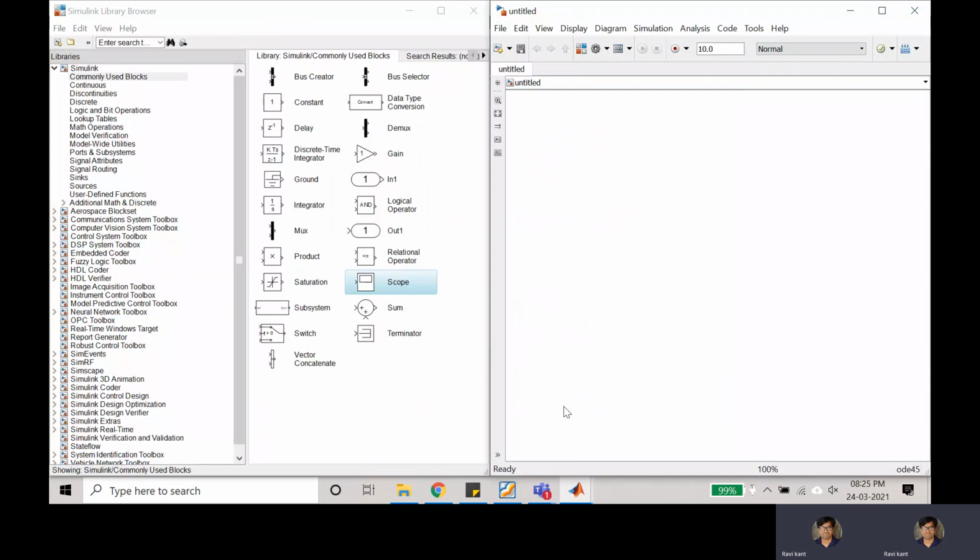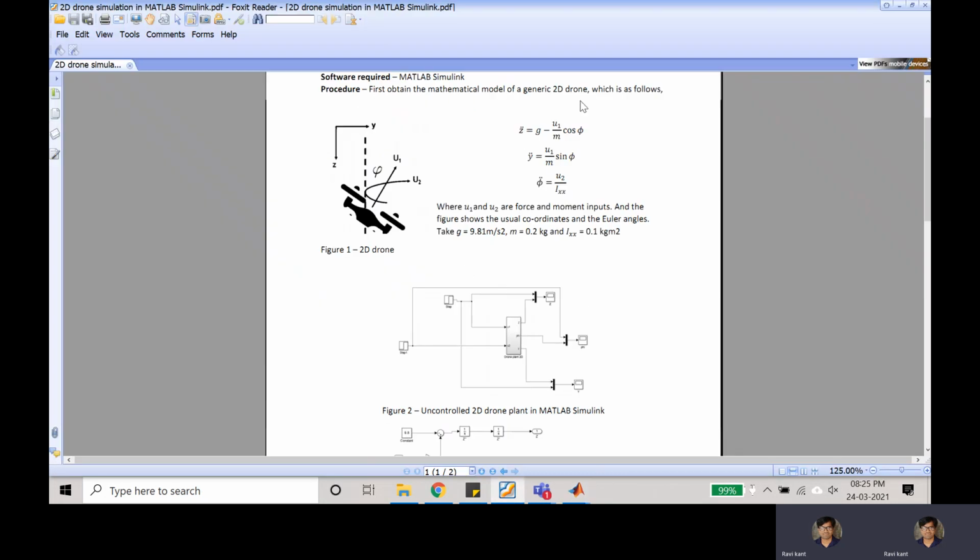So what I will do is let me start doing it, and in the meantime I'll try to tell how it is related to the governing equation. So we will start with